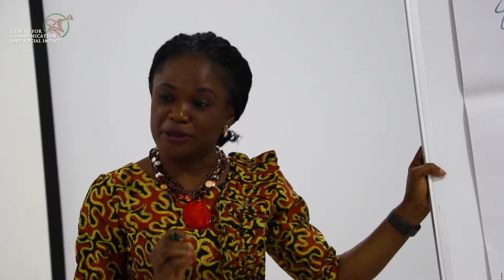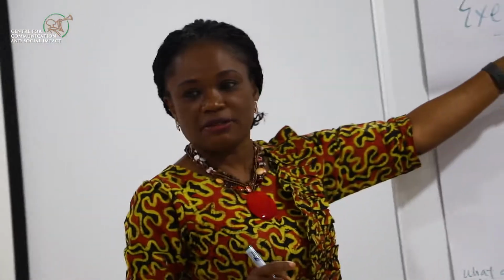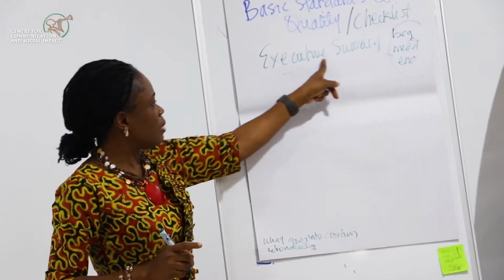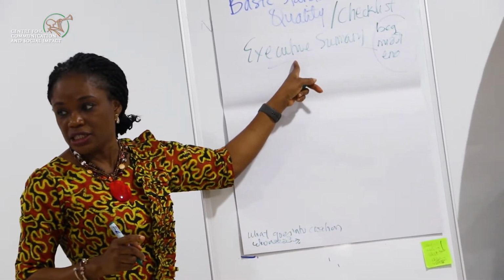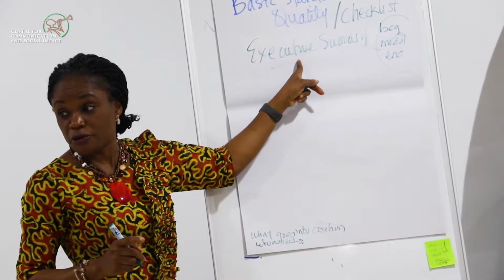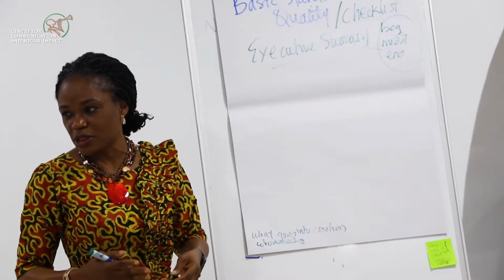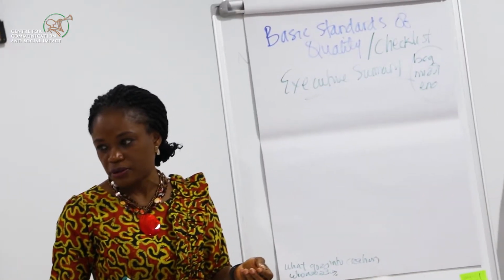Key highlights. You know why? Some donors don't read beyond the executive summary. So no matter how much information you pump into the body of the report, if you don't get your executive summary right, you've lost your audience. Some executive summaries, by the time you get to the third line, the English is broken. They just switch off. The context is not well captured. The essence of the meeting is not well captured. They just switch off. Okay?